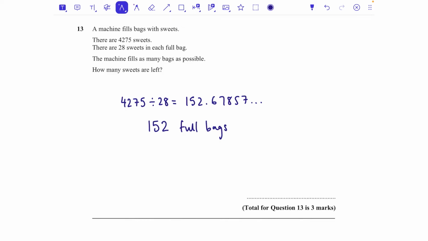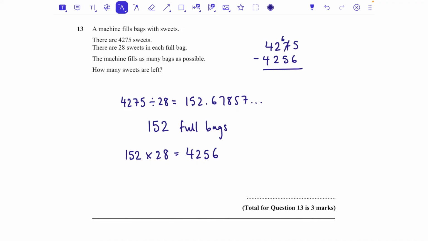What I'm now going to do is say, okay, well, if 152 bags are full, and I know that each of those has 28 sweets in them, 152 times 28 is going to be 4,256. So now we know how many are left over by doing a subtraction. So 4,275, take away 4,256. And again, if you were doing that properly without a calculator, more on the floor,